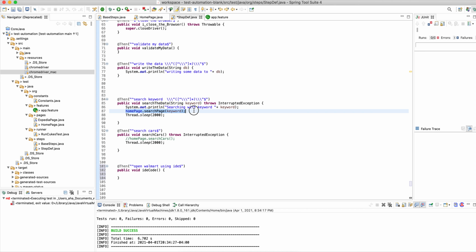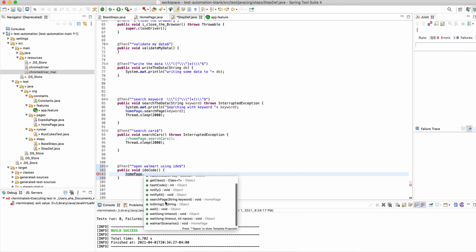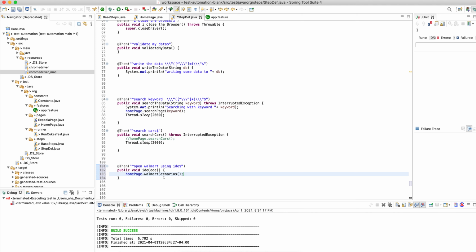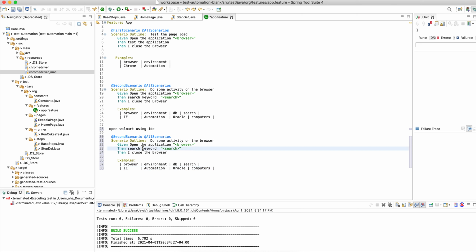So here, home page dot, what is the method name? Walmart scenarios is the one I just created. Now I copy this code, I go to feature. So here I'll create a new scenario.